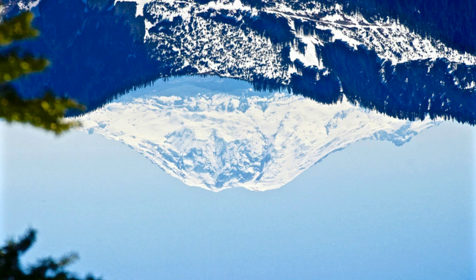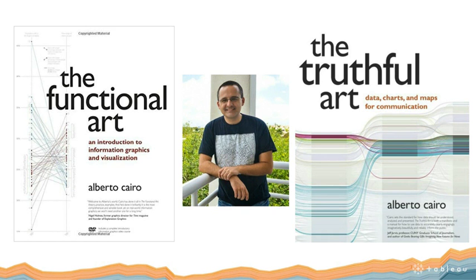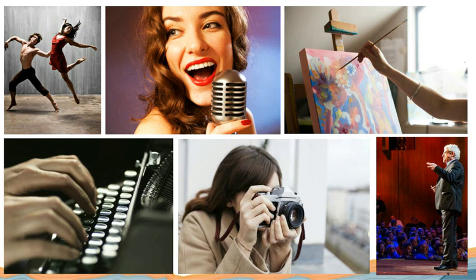And this is why I love these books by another friend of mine, Alberto Cairo, down at the University of Miami. Alberto is just a fabulous thinker in the space of data visualization, someone you should get to know if you don't already. He wrote the books The Functional Art and The Truthful Art. And think about those titles. It says it all. This is an art form. We're showing people images and pictures just like an artist would. But it's a little different. It's one in which it's highly functional. We're trying to also convey facts and information about the world we live in. So it's both. It's not either or.